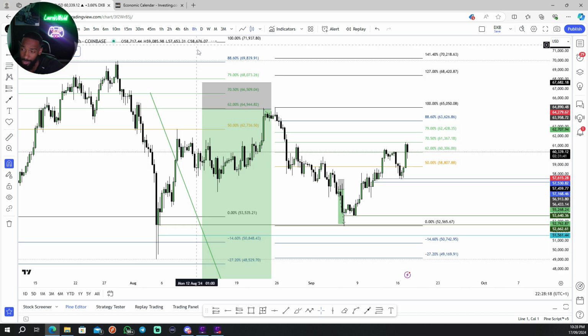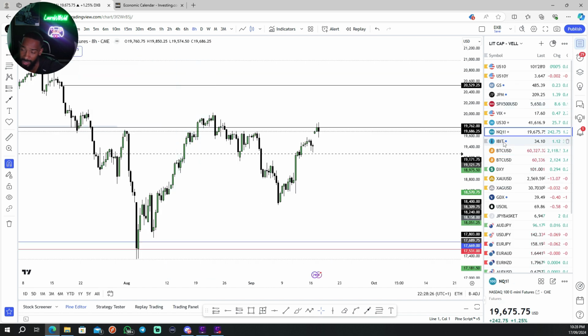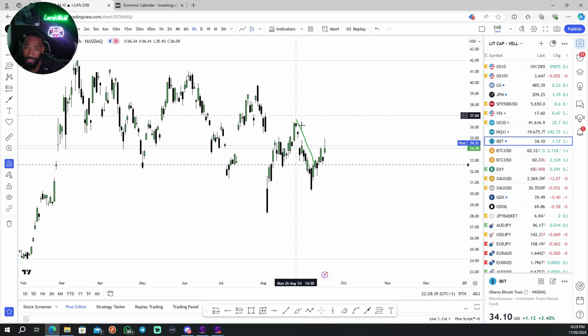Right now, I haven't got a trade. I've got no analysis for Bitcoin. It looks like price wants to continue pushing, so I'm going to let it push. I'm going to let it do what it needs to do. When I look at the NASDAQ, it's not showing me anything. It made a gap from over the weekend, and it hasn't actually filled the gap, so it could keep pushing up higher. We have to sit on the sidelines and we have to be patient. The Bitcoin Trust Fund, which I use to cross-reference Bitcoin, also looks like it could push up.